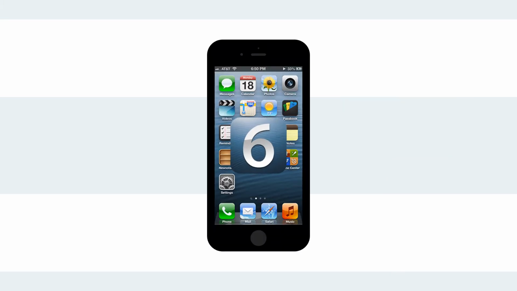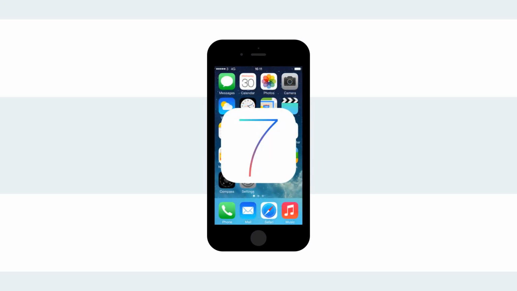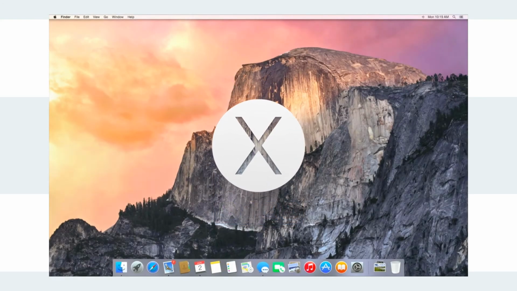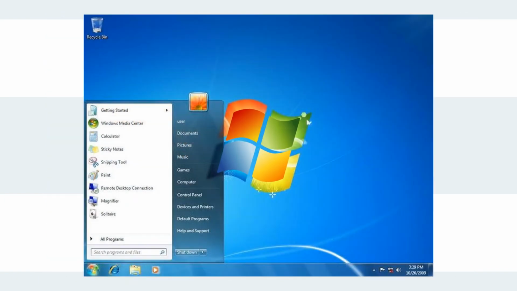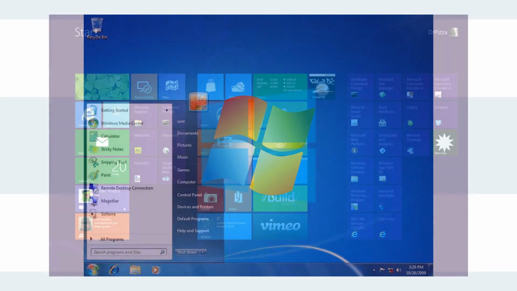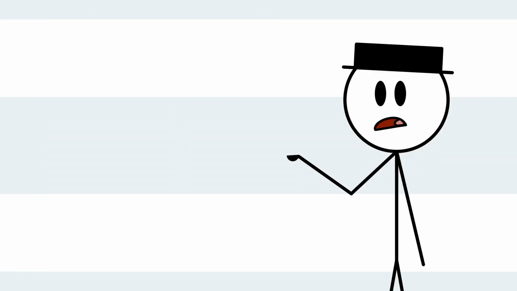For Apple, the majority of these changes came with iOS 7 on September 18, 2013, and Mac OS X El Capitan on September 30, 2015. And for Windows, the change came with Windows 8, which was made available on October 26, 2012. As more and more of these big companies began simplifying and smoothing their logos, unrest grew among the general public as many of them preferred the skeuomorphic designs they'd become accustomed to.